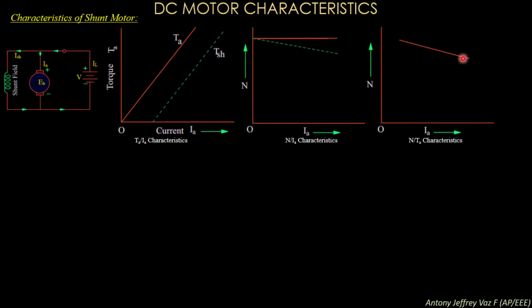Here, you can see the speed and the torque. For a shunt motor, the speed is constant. If you see, it is a slanting line, but this slanting line is approximately constant. So for DC shunt motors, the speed is constant, and the DC shunt motor is used for constant drive machines such as escalators, elevators, or some fans, blowers, etc.